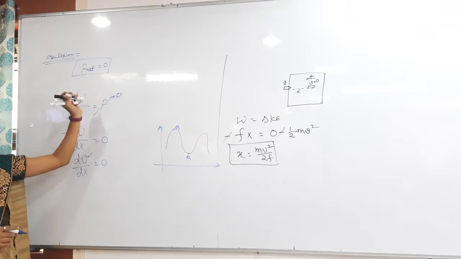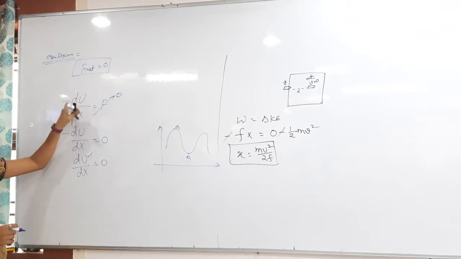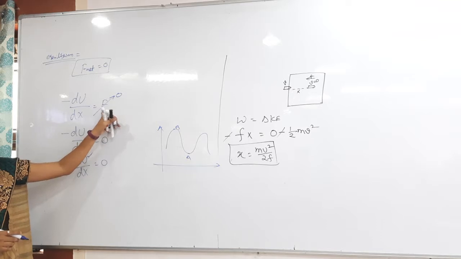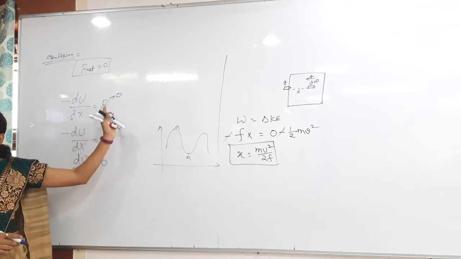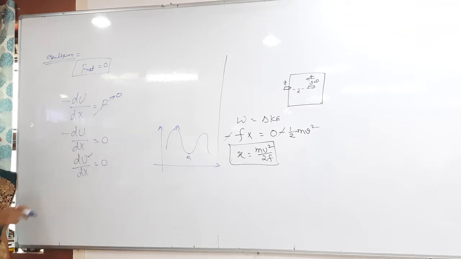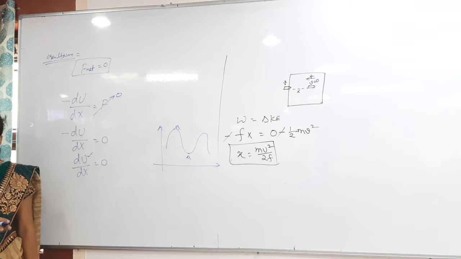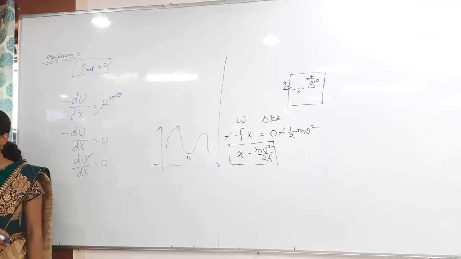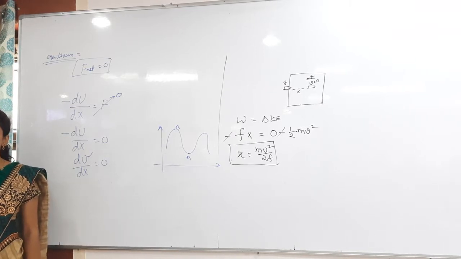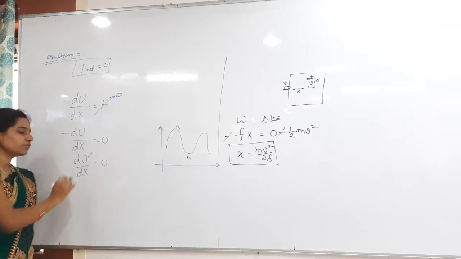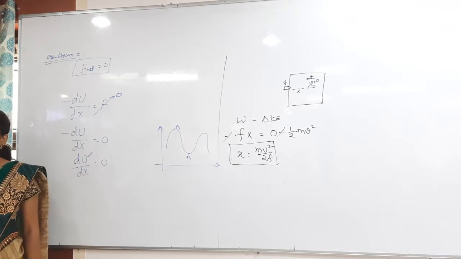From the conservative forces we have the equation minus du by dx is equal to F. If the body is in equilibrium, then F is equal to how much? 0. Then du by dx also 0 only. Here du by dx is nothing but the slope of the u-x graph, which is 0. At that time the body is in equilibrium. Now whenever you get the value of u, that might be maximum or minimum, otherwise it will be 0.